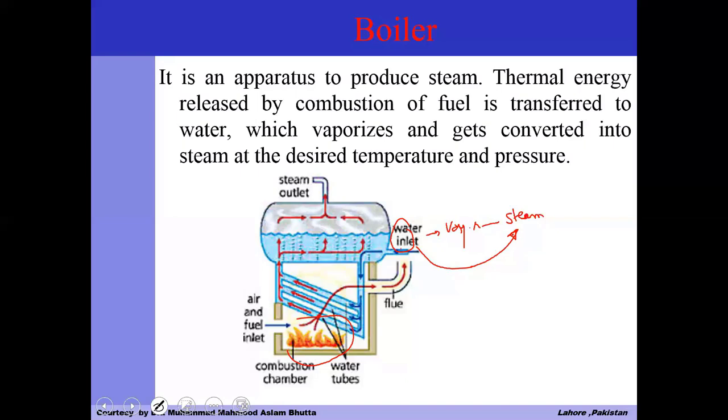You can see the major components. This is the drum of the water. This part is the drum of the boiler. This is the combustion chamber. These are the water tubes. In the water tube there is water, and the surrounding is the fire, and there is a water inlet. One is the water inlet for the cold or ambient water, and the second inlet is for the steam, and the exhaust or flue gases are transferred into the atmosphere, or further can be utilized in some other system that depends on the working of the power plant.